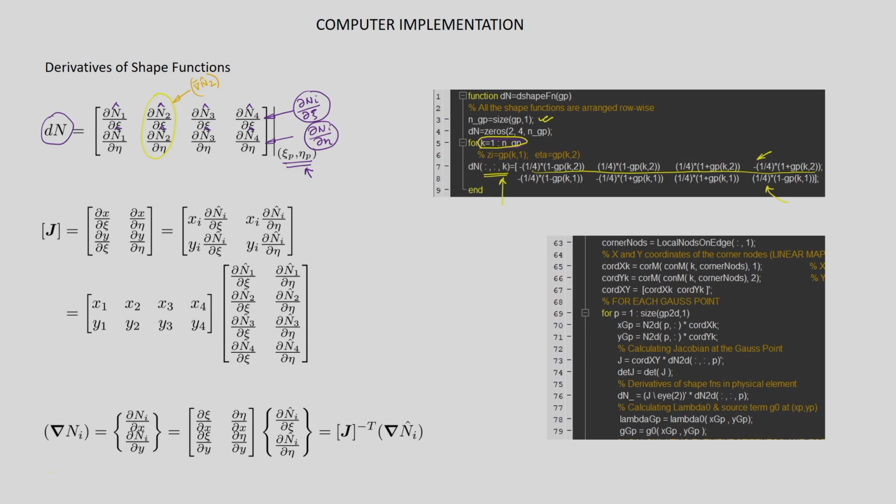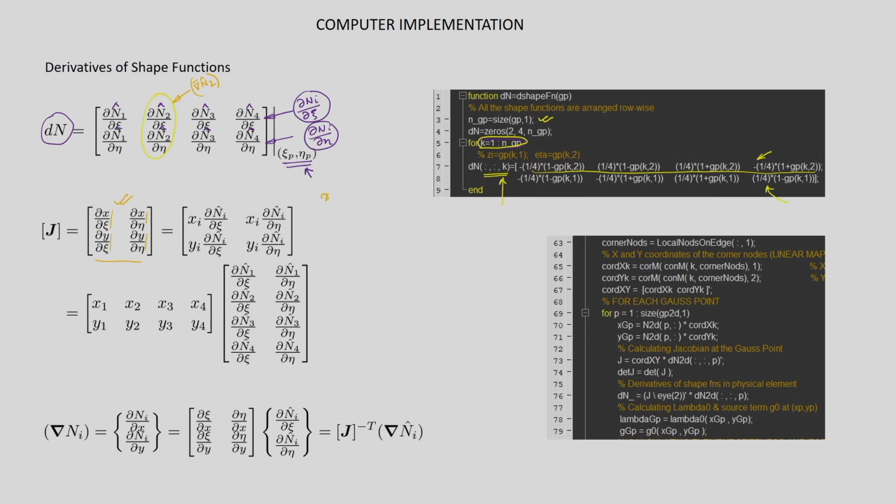So, now the next point is we have to calculate the Jacobian, because we mapped the physical element to a master element, and calculated the values of the shape functions and their derivatives in the master element. So, we have to take it back to the physical element. In that case we need the help of the Jacobian. In the earlier discussion we denoted the Jacobian as del x del xi, del y del xi in the first column, and del x del eta and del y del eta in the second column.